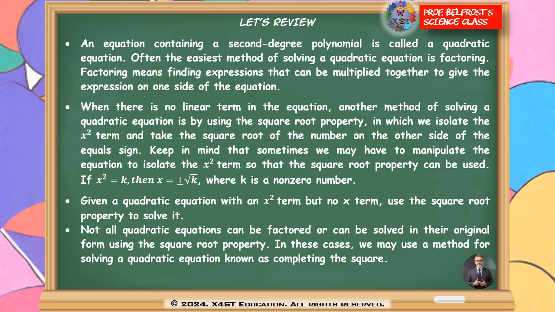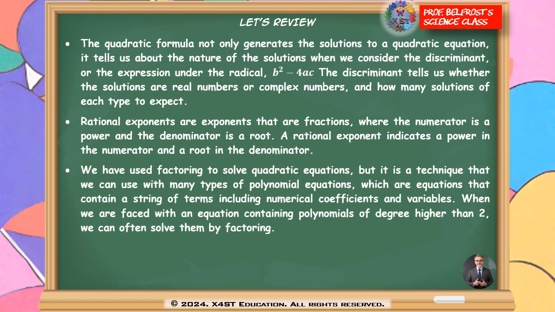But not all quadratic equations can be factored or solved in the original form using the square root property, and in this case we may use a method for solving quadratic equations known as completing the square. And the quadratic formula not only generates the solution to a quadratic equation, but it can tell us about the nature of the solution when we consider the discriminant, which is b squared minus 4ac. The discriminant tells us whether the solutions are real numbers or complex numbers